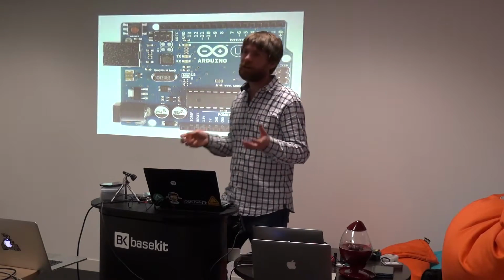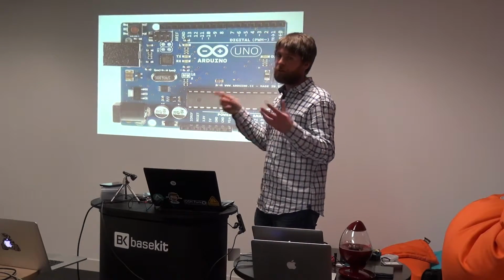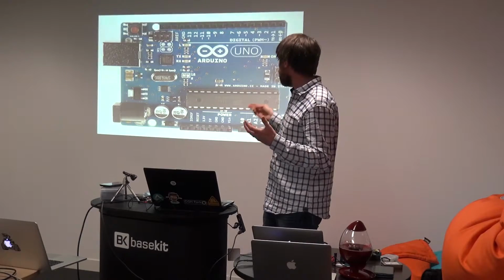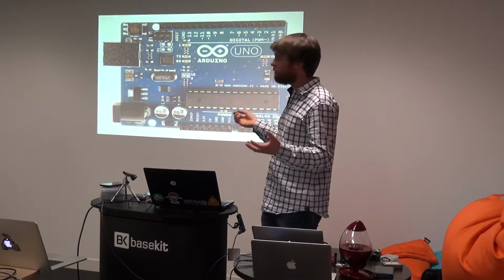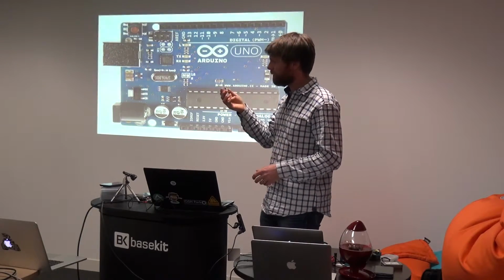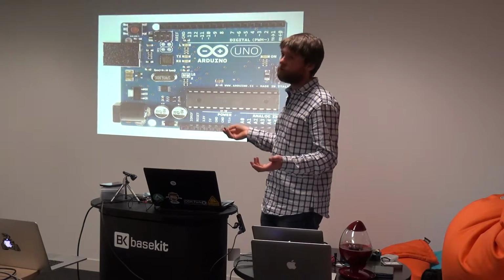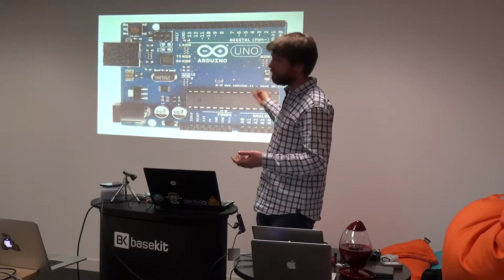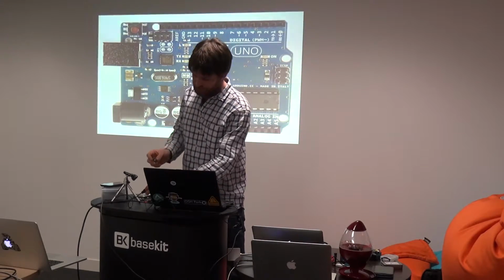So another option is, instead of putting a protocol like Firmata on the microcontroller, you could put an interpreter for a whole language, so you can do much more interesting things. So this is one of the little Espruino boards, and it's basically the same thing. It's got a microcontroller on there that connects to the USB. It's got some I/O and a power supply. So if I take this and plug it in,